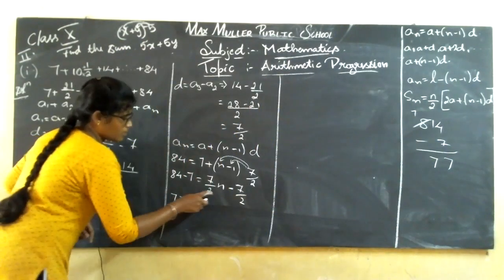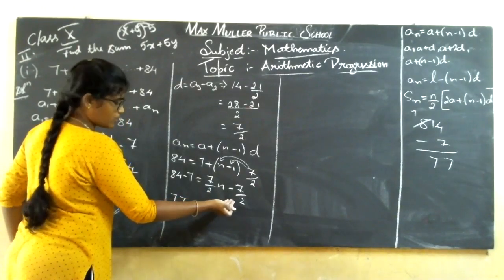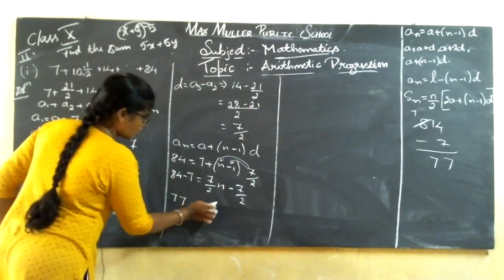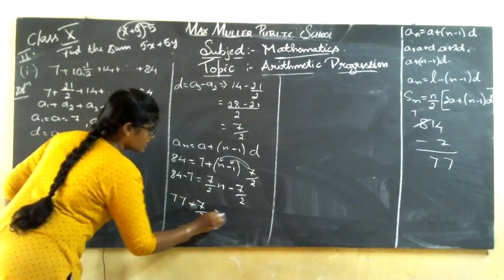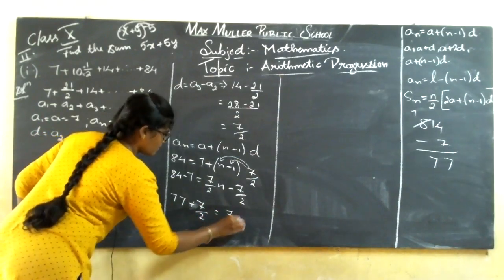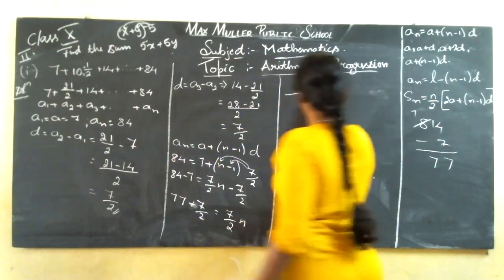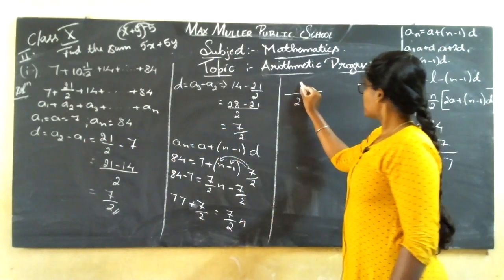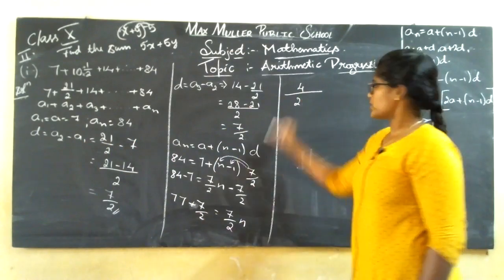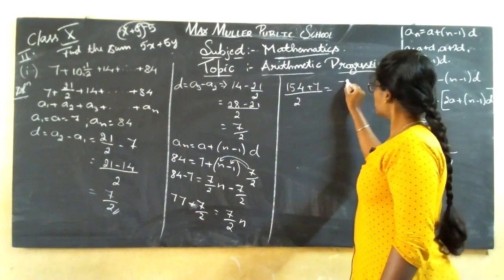77 is equal to, now I have this minus 7 by 2 here. If I take it to this side, what happens? Plus 7 by 2 is equal to 7 by 2n. Correct? Now, I have to take the LCM. 2 7s are 14, 1 carry, 2 7s are 14 plus 1 is 15 plus 7 is equal to 7